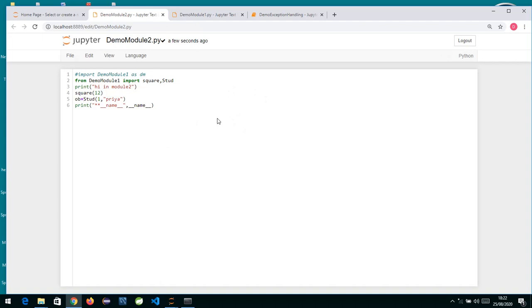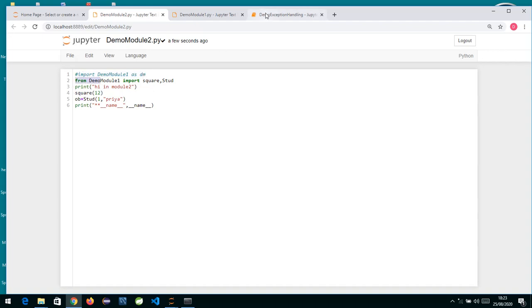How to import a module, we have learned. A module is basically a py file in which we can write our classes, functions, and variables. If you want to import the module into another module, we can make use of import with the module name, or the other way is using the from clause.